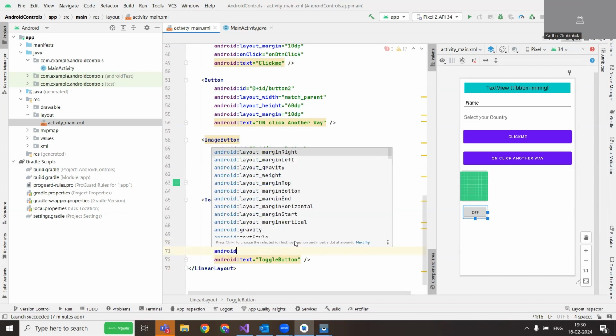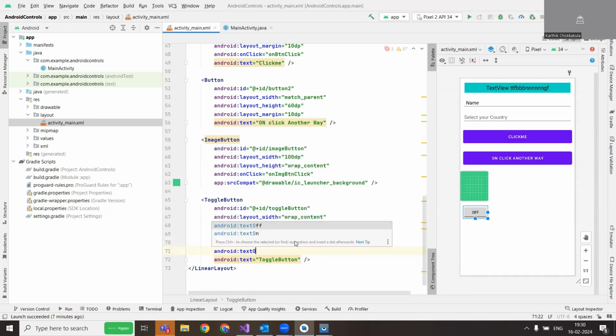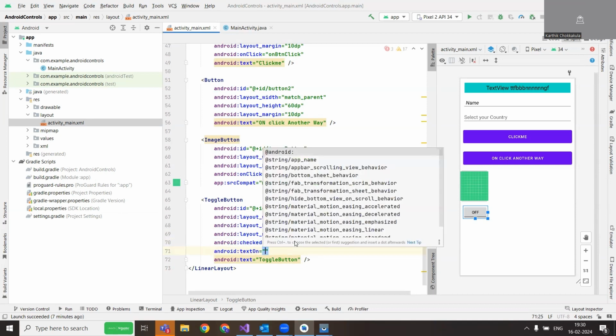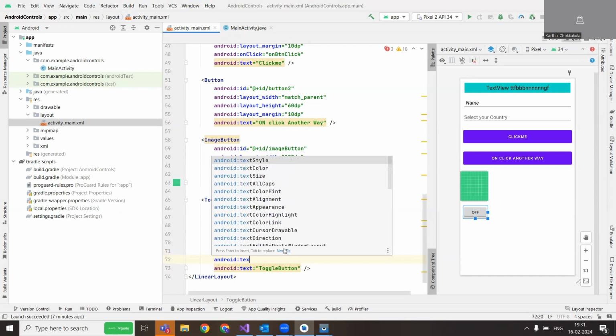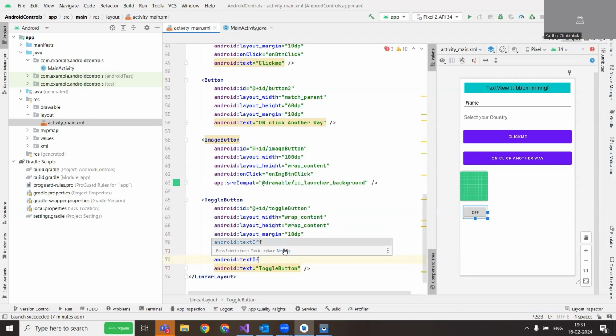I will just say android:textOn. What do you want to give? You can just say yes, no, or you can give anything. For example, if I give yes, so what will happen? Similarly, if I say android:textOff,